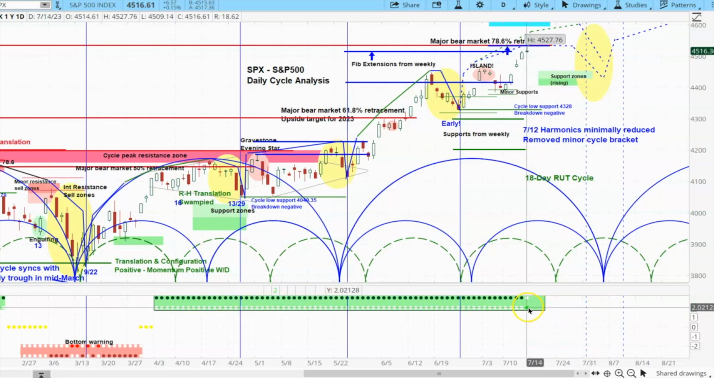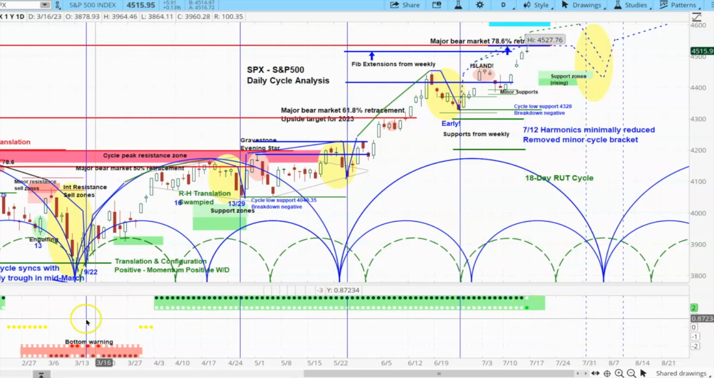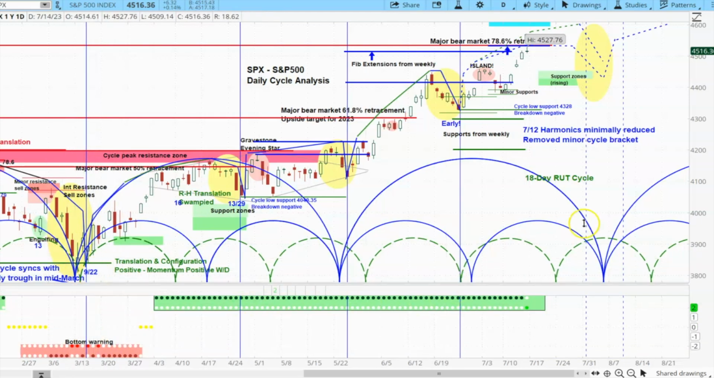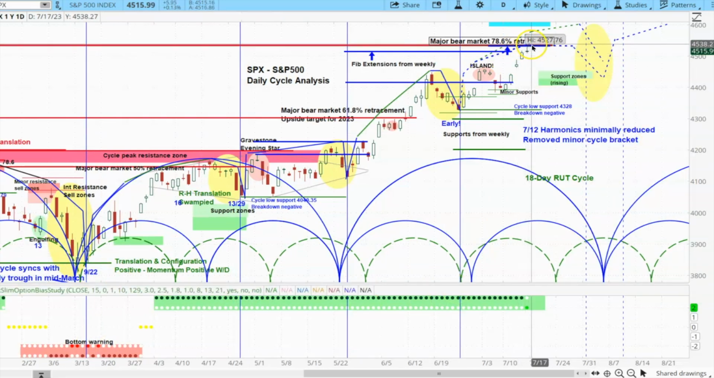That is a little warning that it is getting to be overbought. So that's just a little warning there. You could see here where the bottom warnings were coming and how it made its lows right over there. So that was really good. Now, again, this is that tough area right over there where it is peaking right around this area